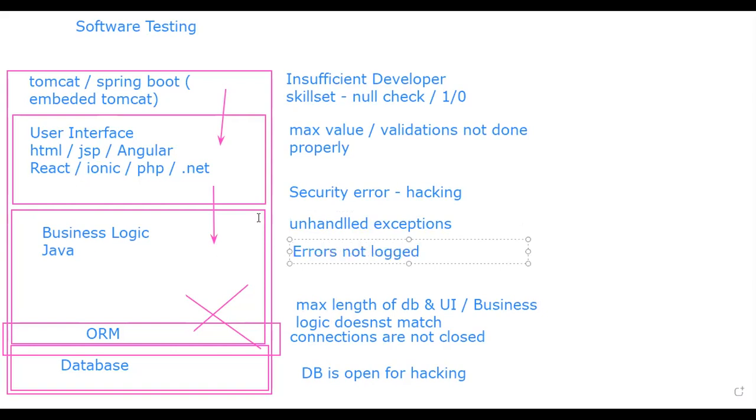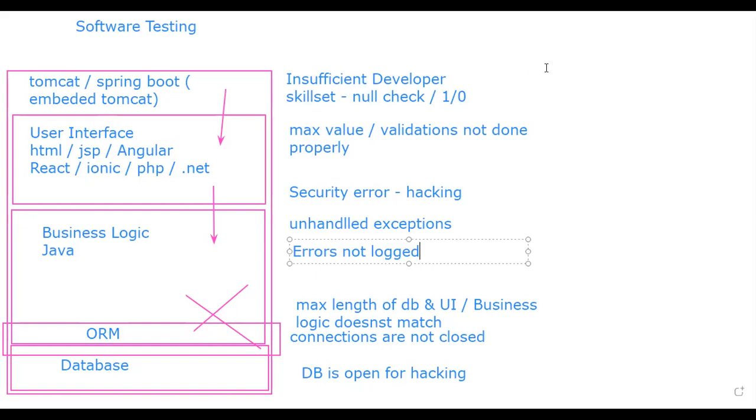So we don't even know that the error is happening when, from the page, we click on save. Let's take one real example. You are trying to send out an email. When you compose and hit send, if the email is not sent or there is a network issue, the email editor immediately tells you that the email is not sent. Please check your connection. What if the developer did not handle that exception and, instead of sending, he just closed it? You will think that the email is sent, but actually the email is not sent.